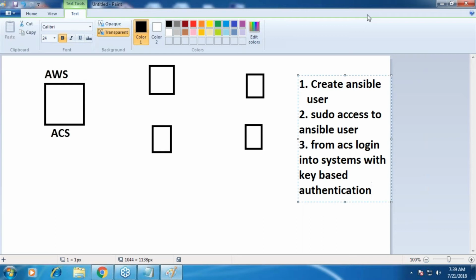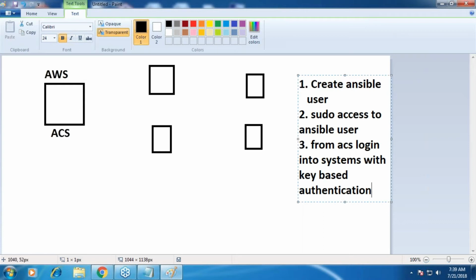And then basically I need to enable key-based authentication, right? For that I have to create a key and copy the key. There will be 2 or 3 steps over here. So my intention is this, but for achieving this, I'll be using Linux commands. But these 3 things, please do remember. If you remember these 3 steps, Ansible setup is the simplest. If you have any confusion in this, you'll never be able to make out what I have done, because there will be a series of commands which I'll be executing. Right? Good.